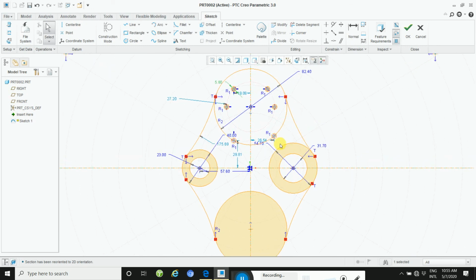So first you need to select all these circles, press control, and then select all the circles, and then go to mirror and select this center line. Okay, I think this distance is not right, so Control Z is applied.